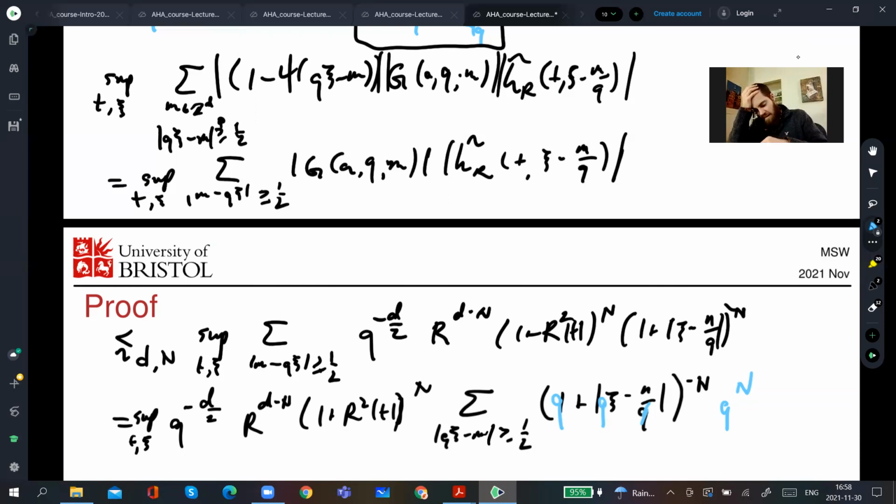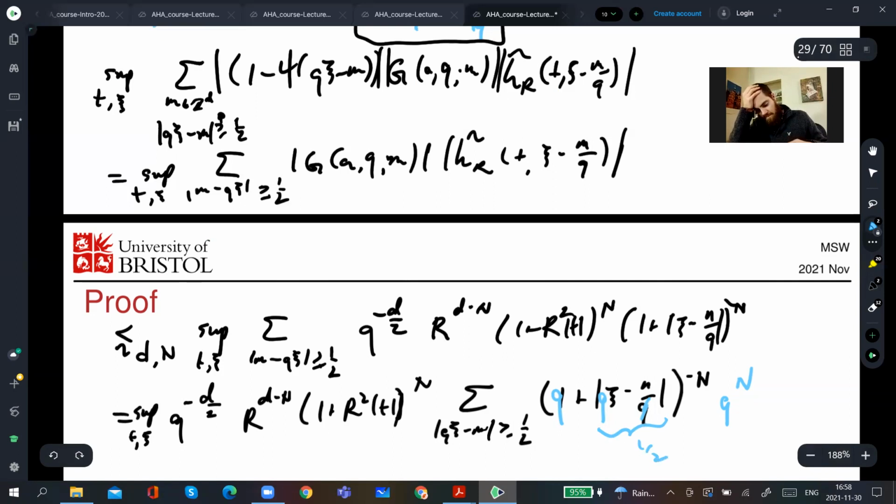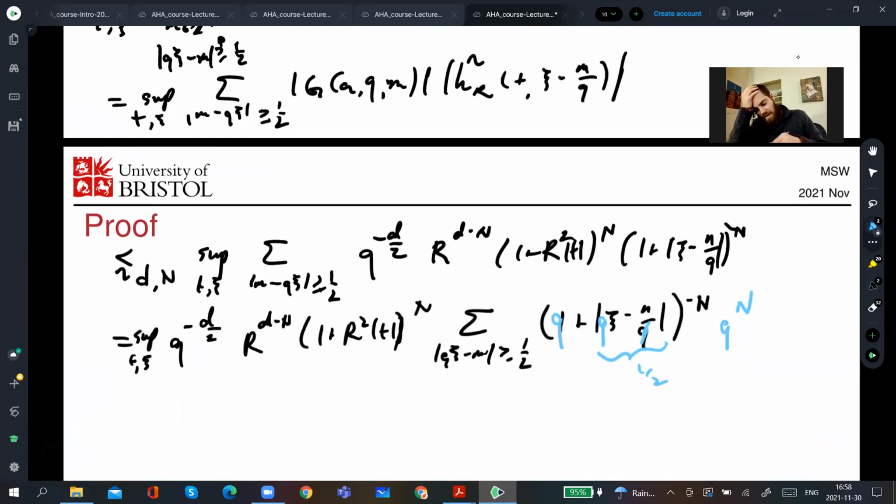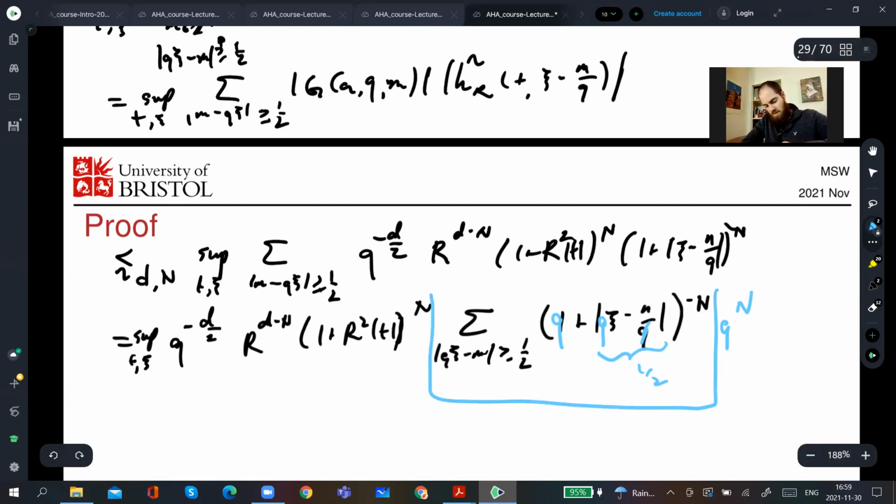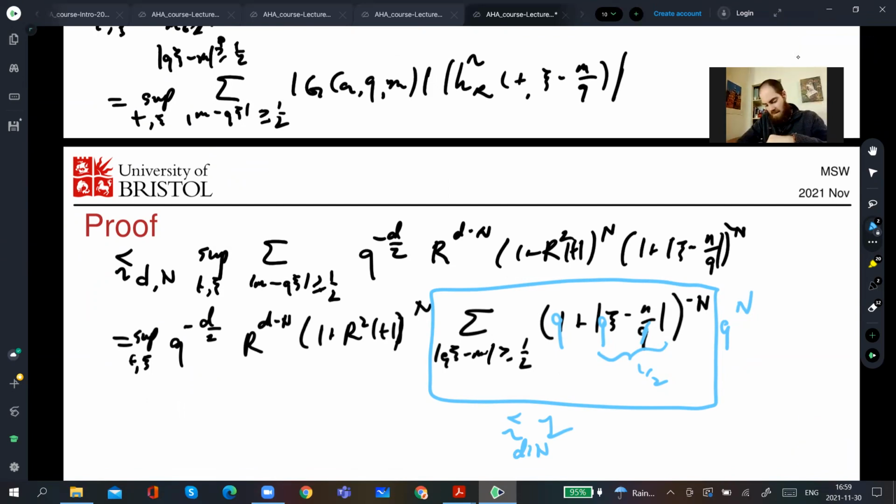And I know that this thing right here is always at least a half. But it's actually getting further and further away as well, right? So that means I can get a bound on this as it goes to infinity. And in particular, this whole box, this whole sum right here is O of 1. The sum for something that depends on n and d. All I have to do is choose n here to be, say, twice the dimension. And I can make this just depend on n.